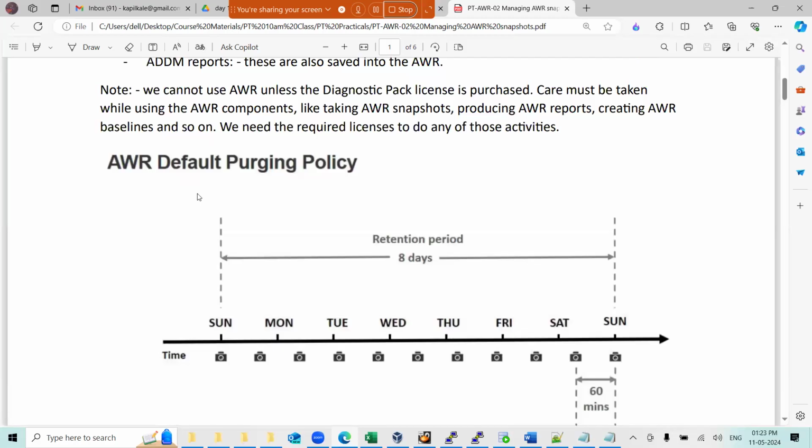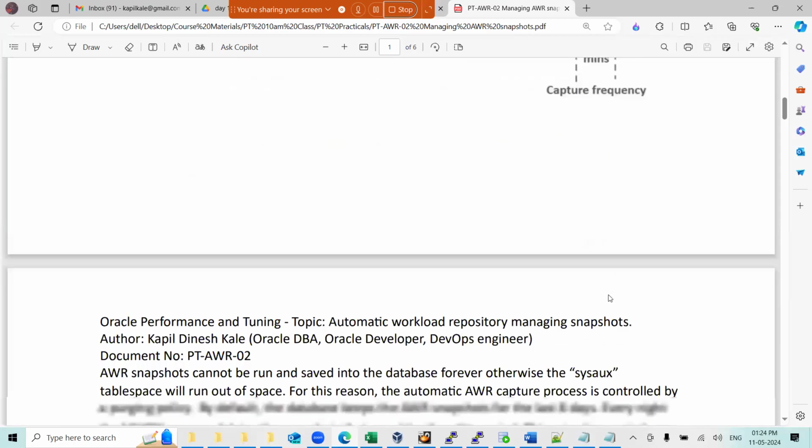Now, by default, AWR will retain data for 8 days. If a snapshot is taken on Sunday, then after 8 days that will be purged. It will be thrown out. That AWR information will be removed. 8 days is the default retention for AWR. And every 60 minutes a snapshot will be taken. So retention is 8 days and snapshot interval is 60 minutes. Now,